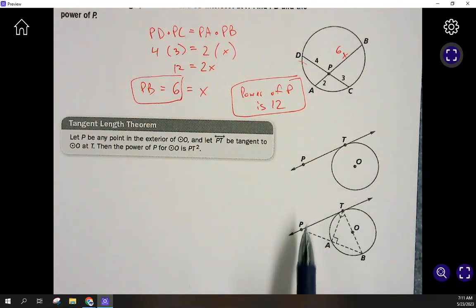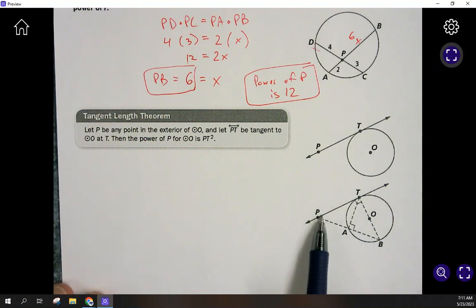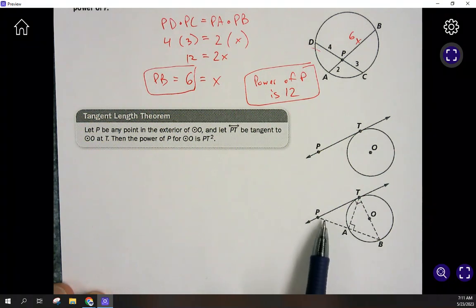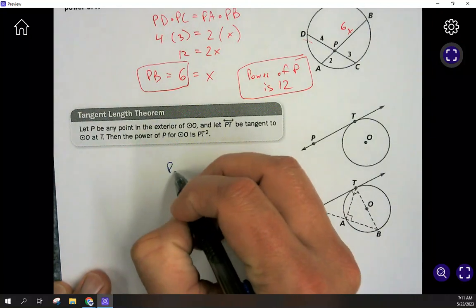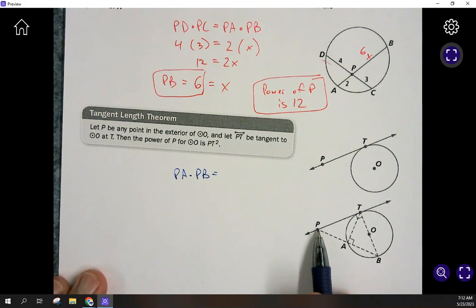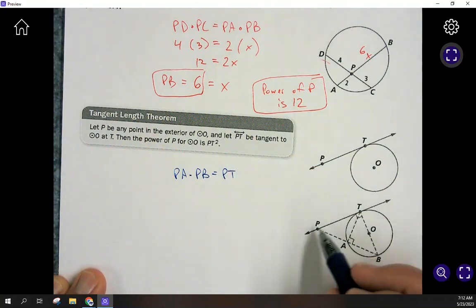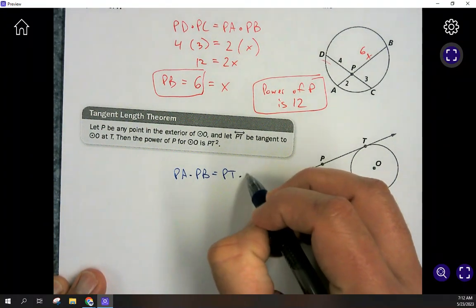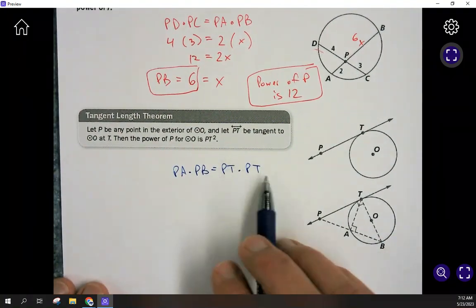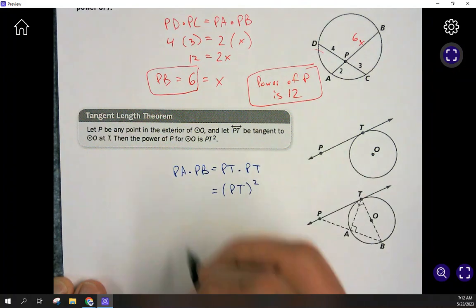So how does that set up? So if I had this situation right underneath of it without some of the extra lines drawn, and I had a tangent PT and I had a secant PB, we know down here it's going to be PA times PB, that distance. Okay, I've got that point of intersection on the outside of the circle. The distance to A times the distance to B up here is going to be PT. And since it doesn't have another point of intersection, it's times itself. All right, and that's why the power here is PT squared, because on this side, that's what's going to happen. PT times PT is PT